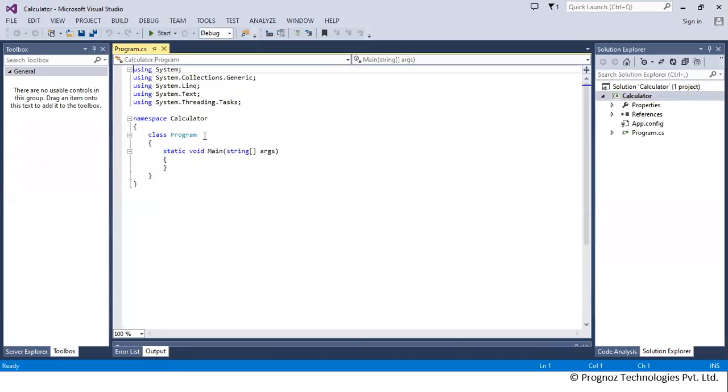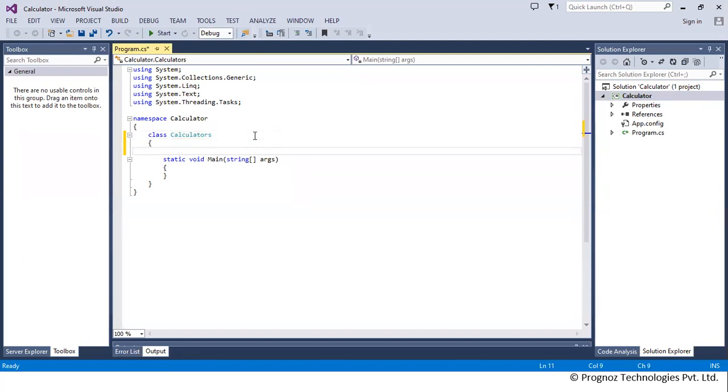Here I'm going to create a class. The default class name is Program, but I'm going to change it. I'm creating a class called Calculator.